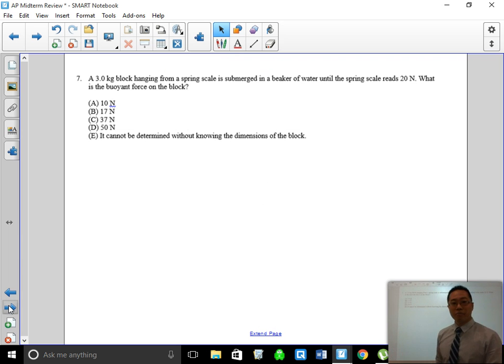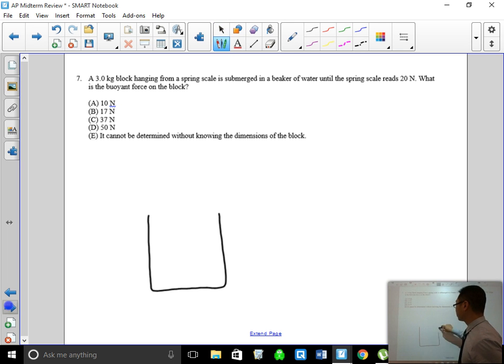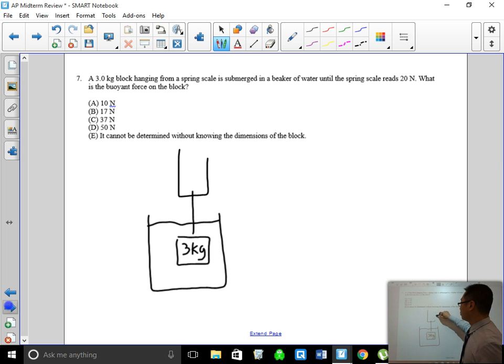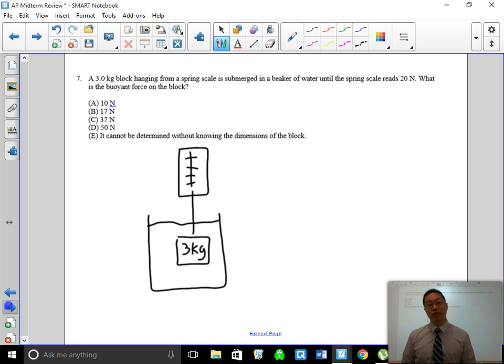A 3 kilogram block hanging from a spring scale is submerged in a beaker of water until the spring scale reads 20 newtons. So right now, if we take a look at our force diagram, with the spring scale holding it up,